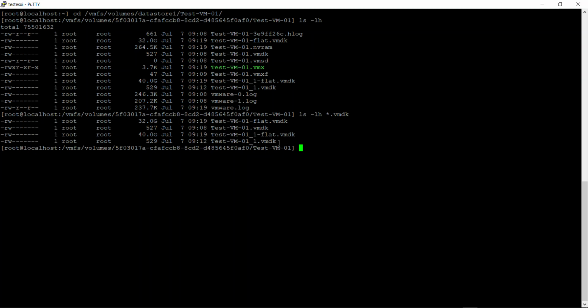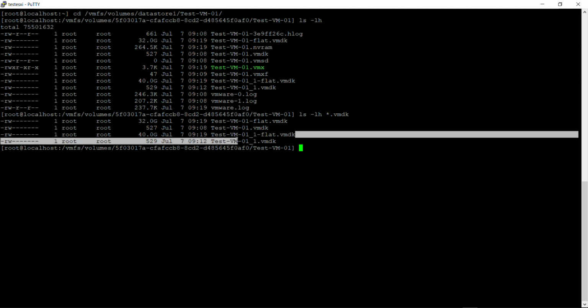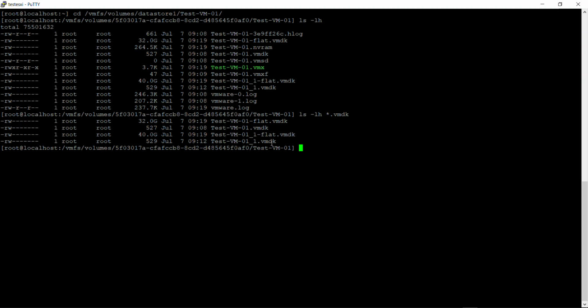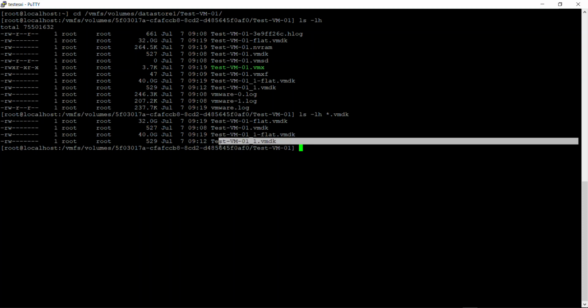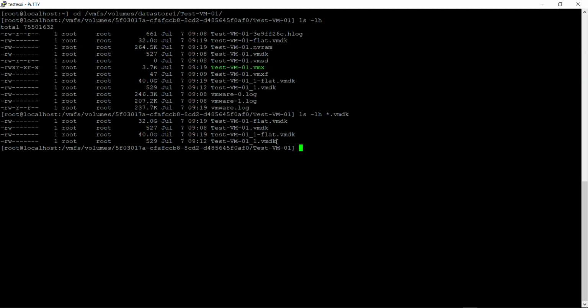These are not actual disk files. The flat.vmdk files are the actual disks, you can say data disks. The descriptor files have only the configuration part for the disk. So let's have a look inside it.